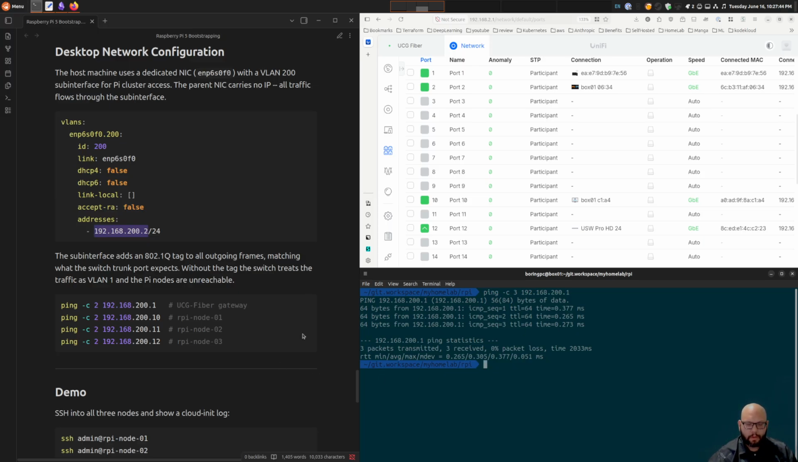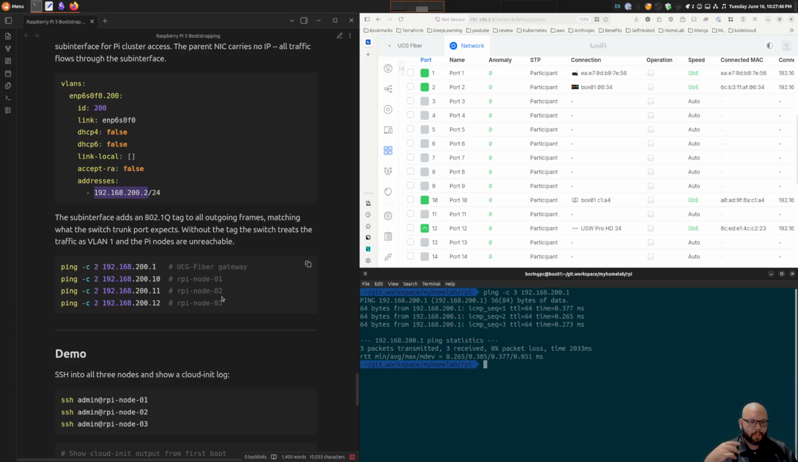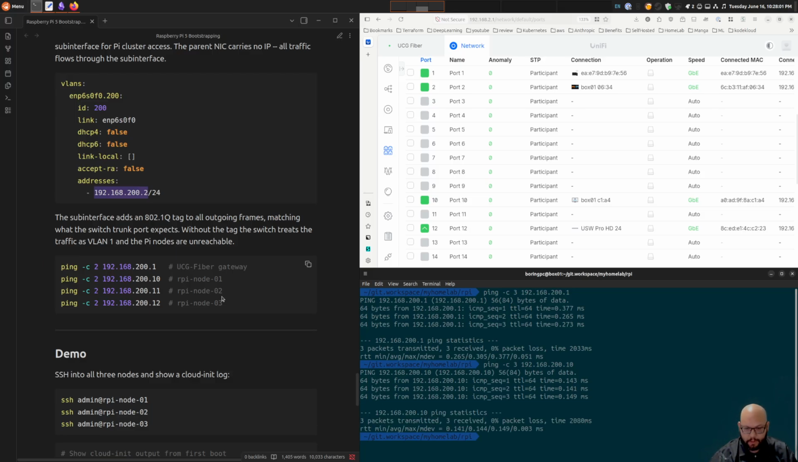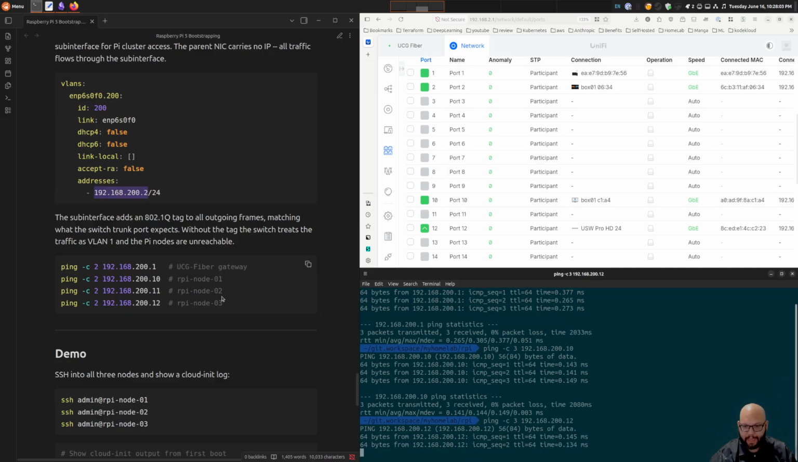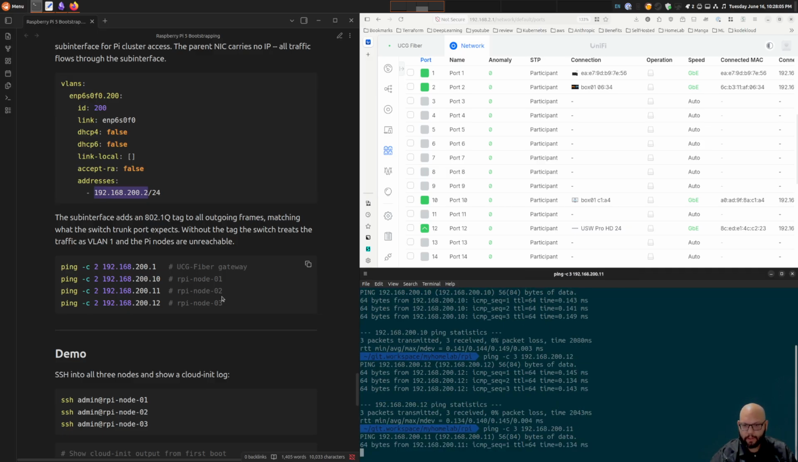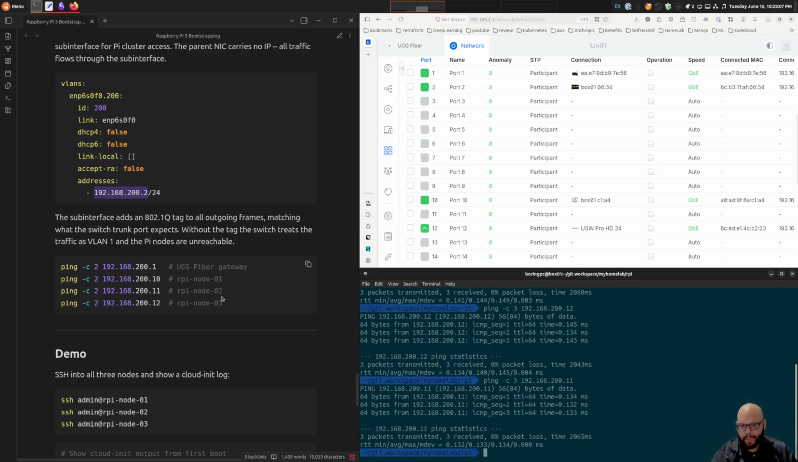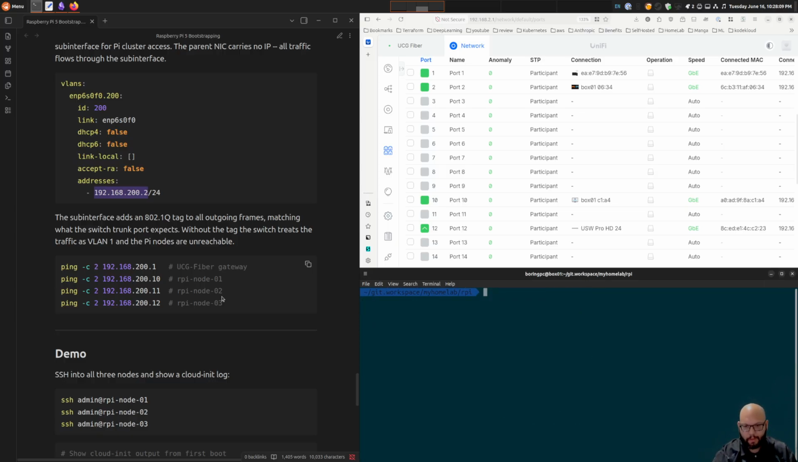And then the actual Raspberry Pi devices, I've already bootstrapped them, right? And we'll show that here in a minute. So I want to show you that I actually have network access to each of the 3 Raspberry Pis. That's the .12 and the .11. So I do have access to all 3 of them. I'm going to SSH